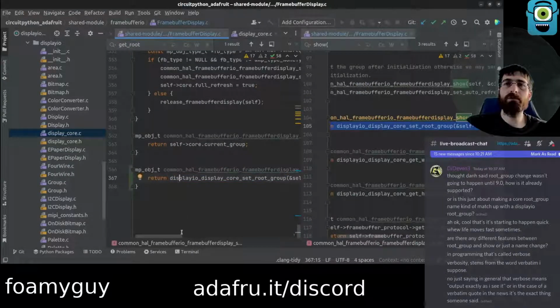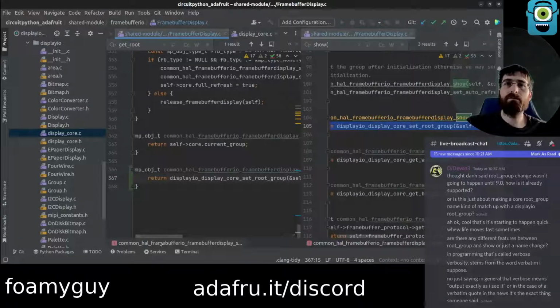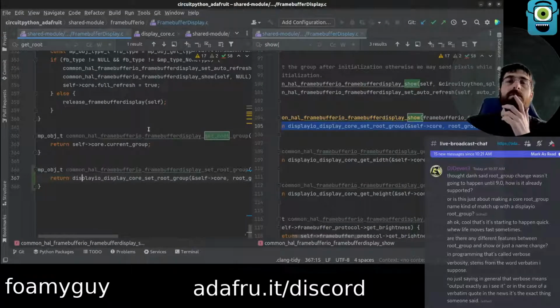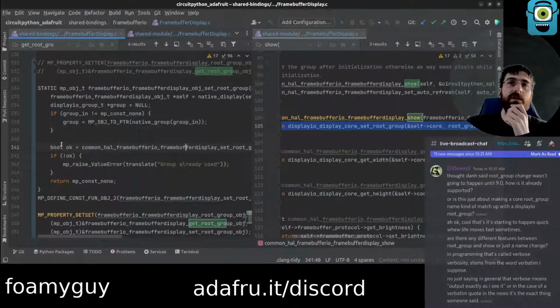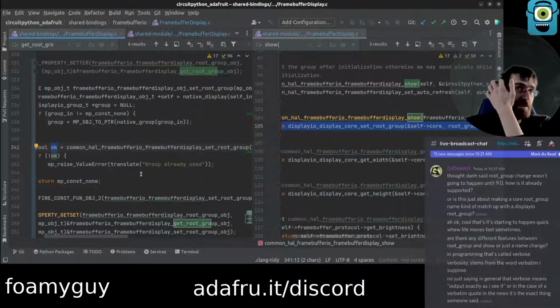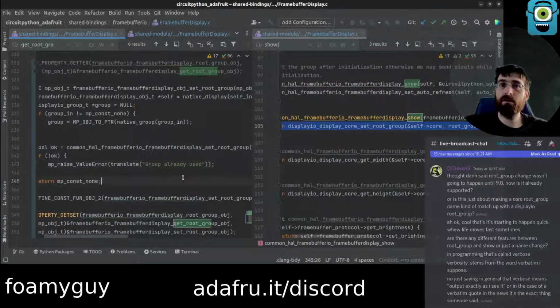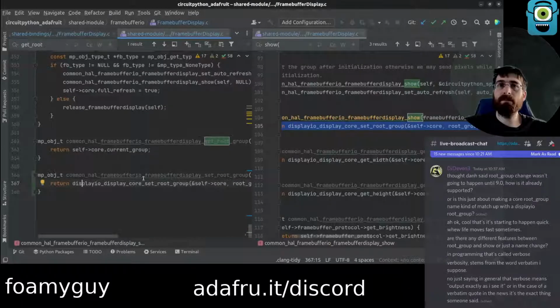Just returns from here. Is that in the shared bindings one? Oh, okay. It's in the shared bindings one where we have this. Yeah. Okay. We're catching the return of that. That's our OK. So we don't need to be doing the OK inside of there because we're doing the OK check right here. Okay. Lots of layers of OK there.